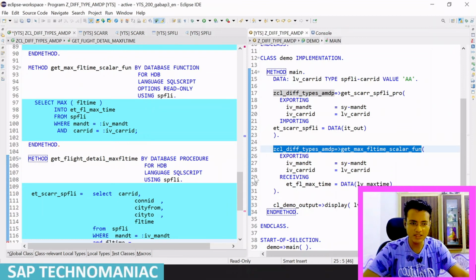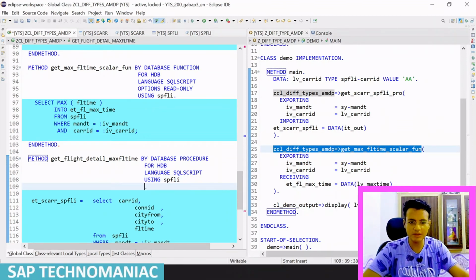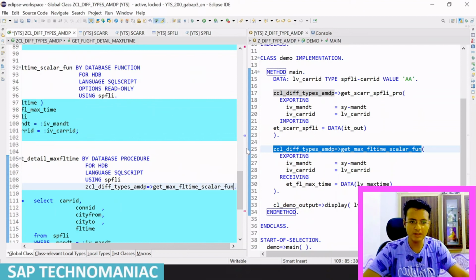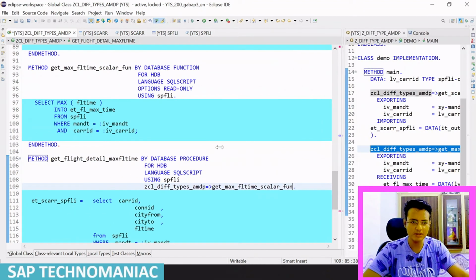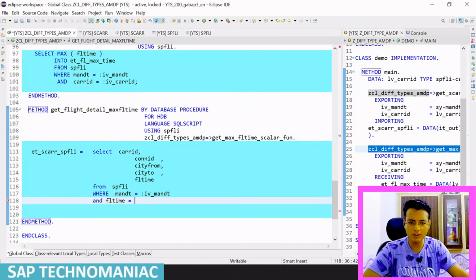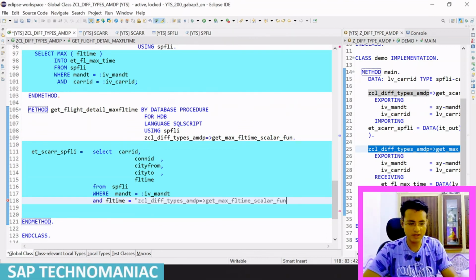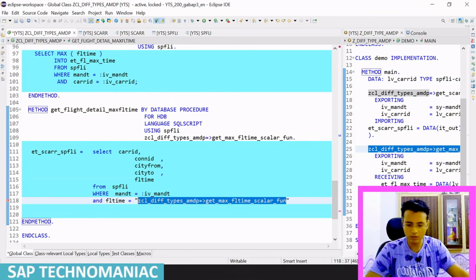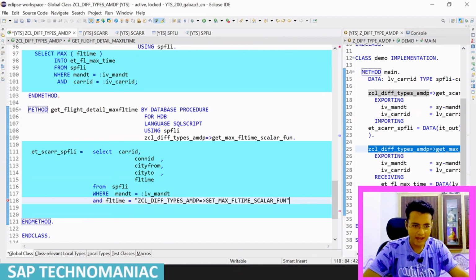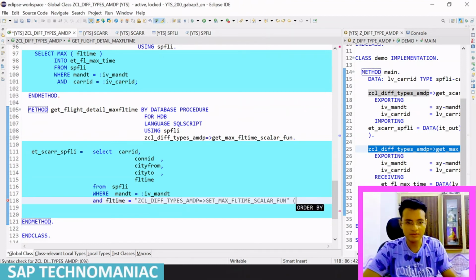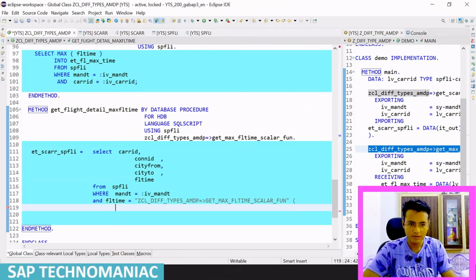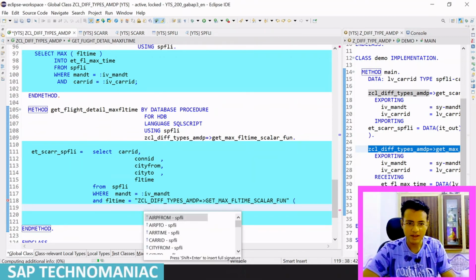Control C, and since we are using this function, we have to use it in the using statement. Let me increase it a little bit, and we have to call this particular function, Control V, call this particular function, Control Shift X. And when we are calling this one, we have to pass two things. Control space, there is help there,